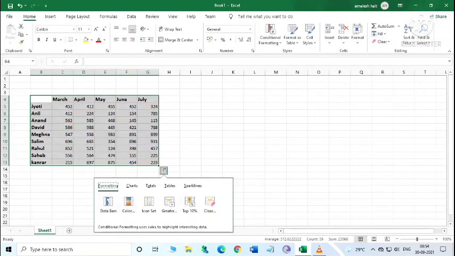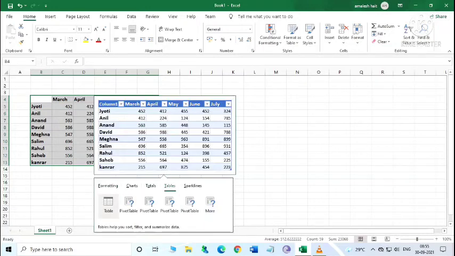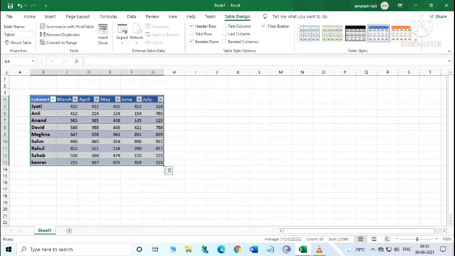Now click on the quick analysis button. This will open the quick analysis gallery. Here select the tables tab and click on table. Now you can see what displays in the worksheet. So this will convert our data into a table.